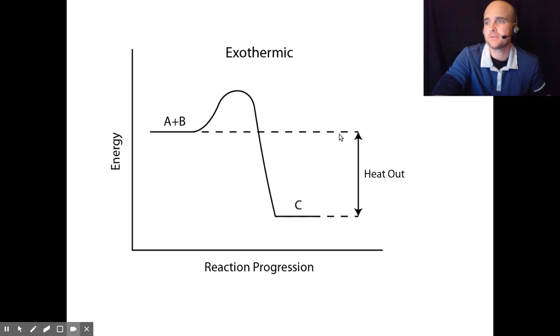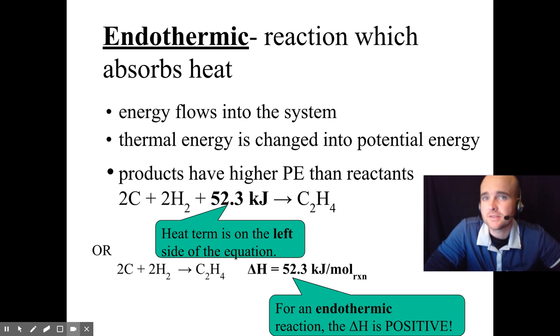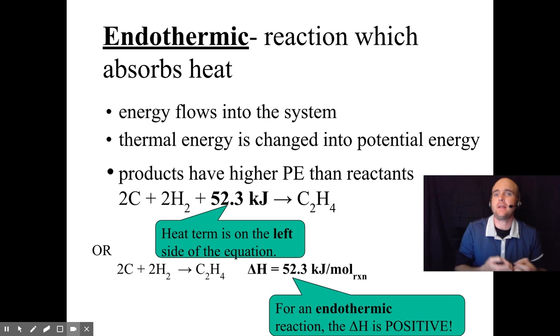The change between the dotted line here and here. An endothermic reaction is something quite the opposite, where it is now absorbing heat. So now the system is taking in heat, and it is taking in energy. Since it is doing that, these carbon and hydrogen are taking in some